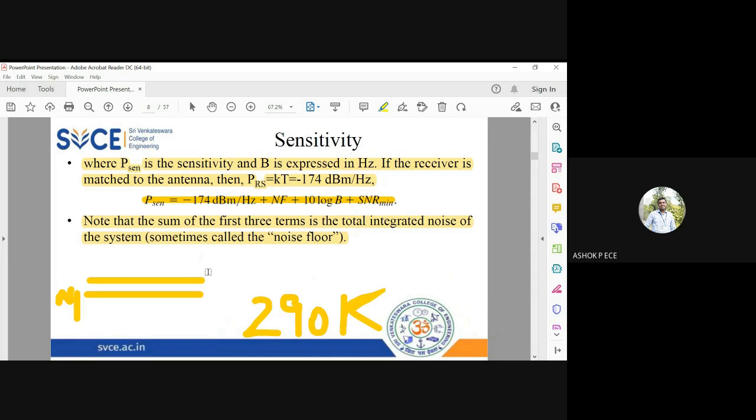This is a very good receiver. If your device is operating below the noise floor, then the noise is dominating, so the signal SNR will be 0. When SNR gets added to your system, it means that the device is operating above the